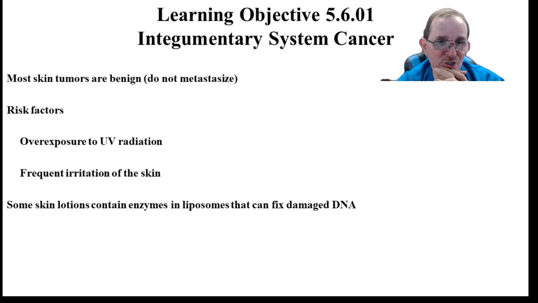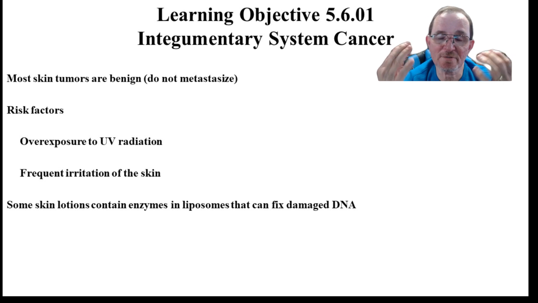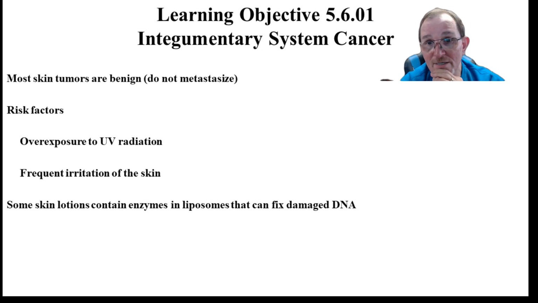And what you would want is to put on sunblock if you're from European ancestry, but even people of tropical ancestry with dark pigmentation can still get those under the fingernails. That's not unknown. In any case, skin lotions, some of them have things that help to fix damaged DNA, but